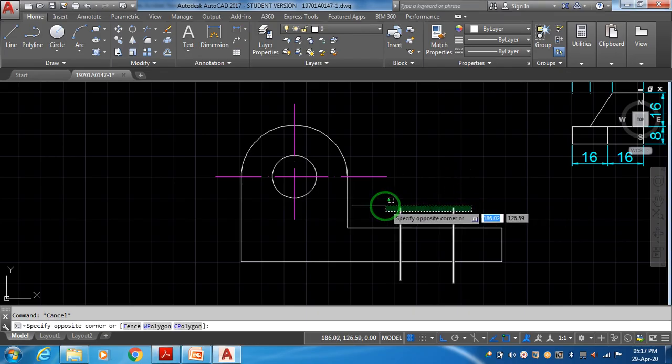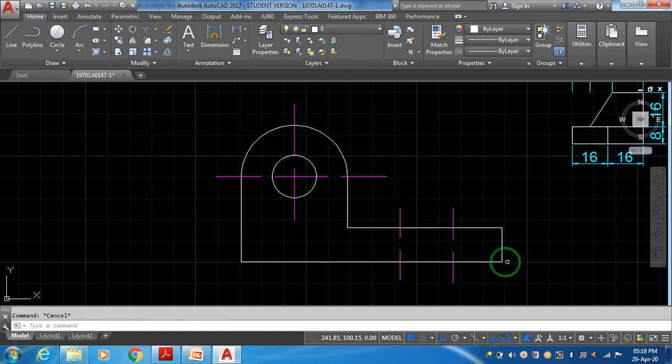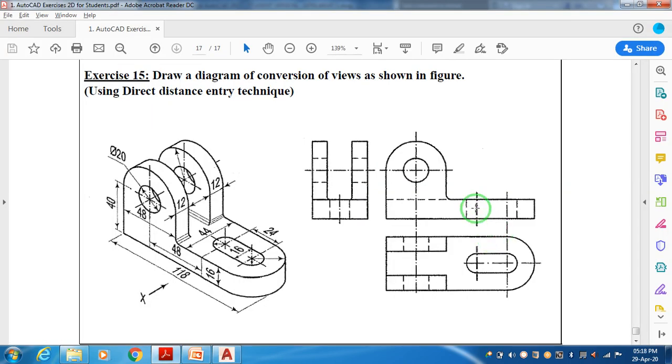Center lines or axis lines. To select them, shift them to center line. Cool. Now one more, and we have hidden lines at, this is 24, diameter is 16, offset vertical radius will